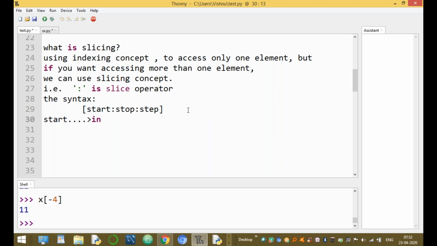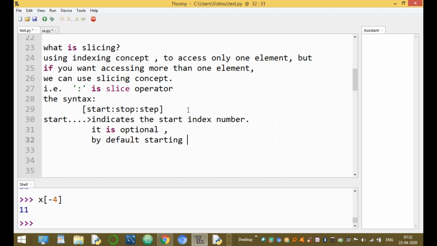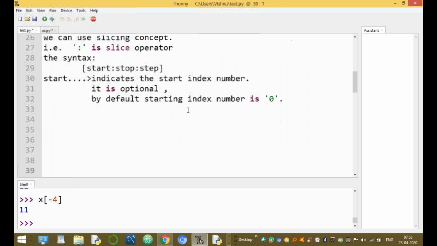This parameter indicates the starting index number. It is optional, it is not compulsory. By default, the starting index number is 0.